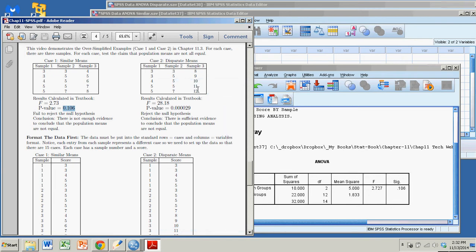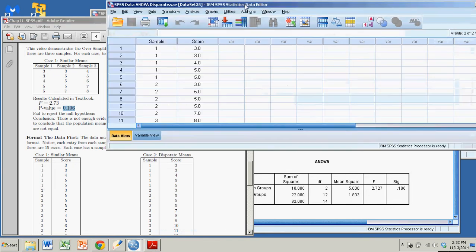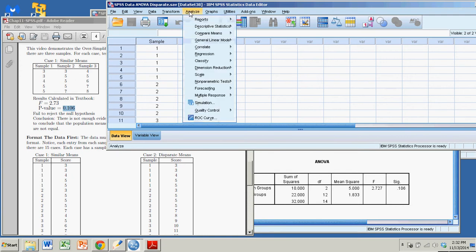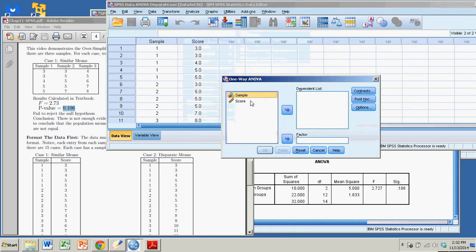And so I'm going to go to Analyze, Compare Means, One-way ANOVA, and the factor is the sample, and then the score. It's one of the 3 samples, not one of the 3 factors. There's only one factor, right? There are 3 samples. Okay, so when I hit OK,